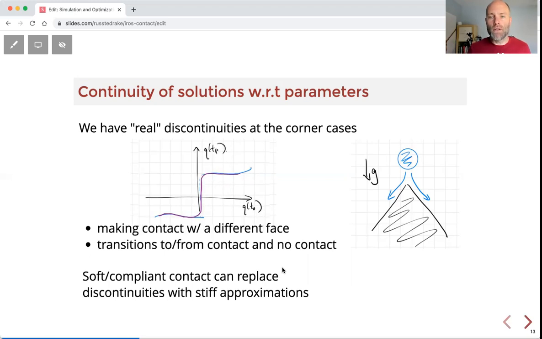Now you might think, okay, what about soft contact models? That should make everything smooth. And of course it does. So if I were to make a smooth model of this sphere dropping on the corner, then it might rest exactly on the corner and very slowly change. But if you want those models to be reasonable and not allow too much penetration, then they're going to be very stiff models. So you see, I've drawn on the curve here. I might have replaced my true discontinuity with a very stiff, smooth approximation. But arguably, I'm not sure if it's stiff enough to be realistic. I'm not sure it's entirely different than having the real discontinuity. Depends on your numerics, but that's still a tough case.